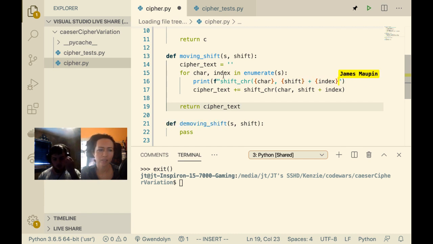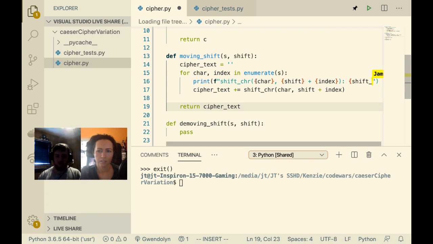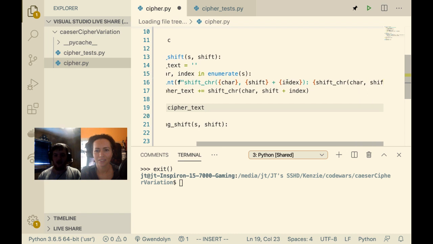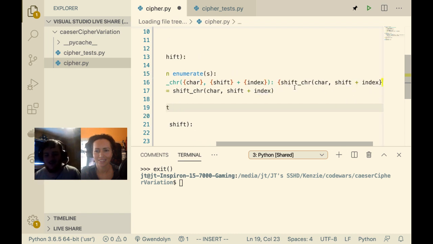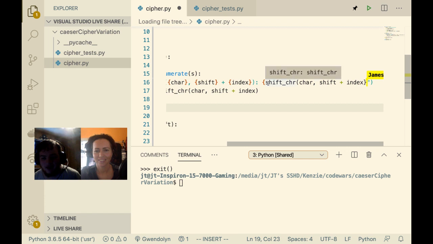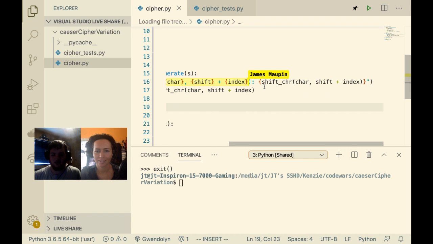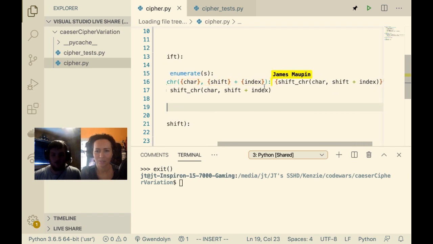But I think you're gonna have to put the f-string or the variable around the whole shift char, right? Oh no, you're just showing what you're passing into it. Yeah, okay. And then we just do shift. Oh, that's a long line. Yeah, it's not gonna stay here. Okay. Am I missing something? Oh yeah. Okay. We didn't need this, but to me this just makes it more clear exactly what we're printing over here. Yeah, that's very well formatted.